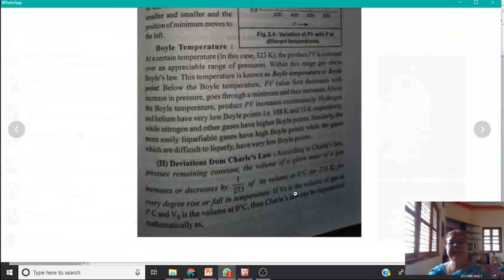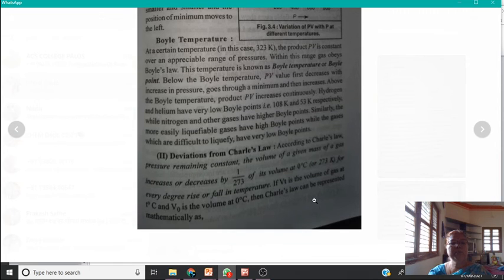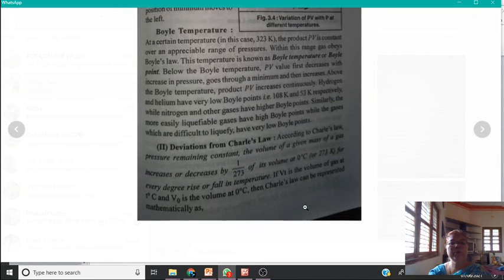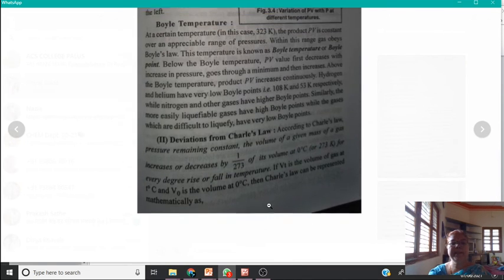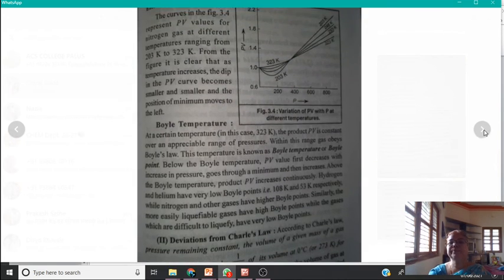If Vt is the volume of gas at temperature T and V0 is the volume of gas at 0 degree centigrade, then Charles' law can be represented mathematically as